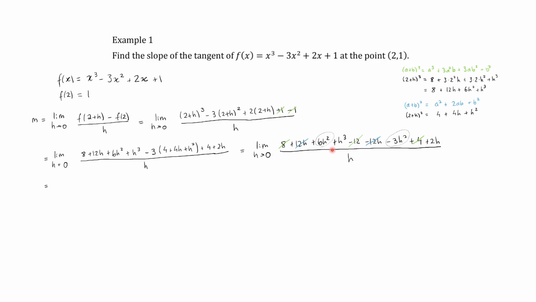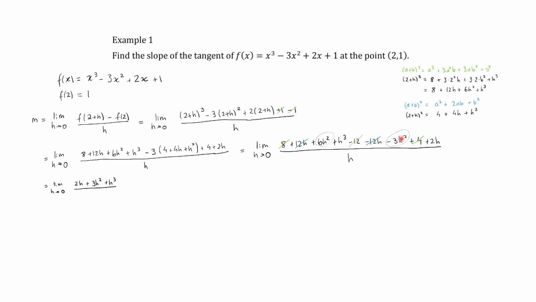The limit as h approaches 0 of 2h plus 3h squared, after we combine the 6h squared with the negative 3h squared, plus h cubed